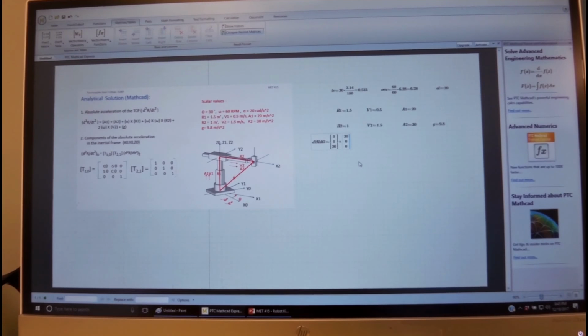Then we have to add to it another vector, which is alpha cross R2. So alpha is in the z direction. So we have here a vector that is in the z direction,